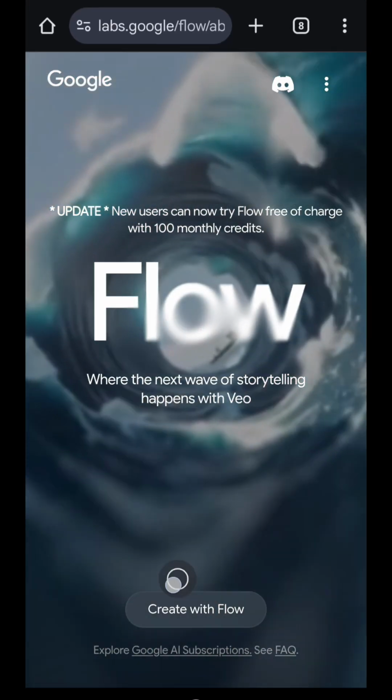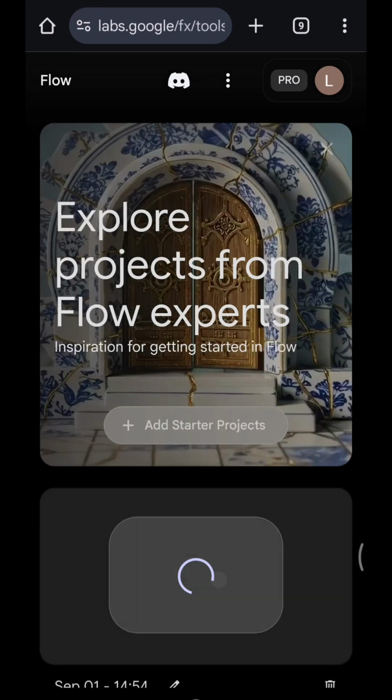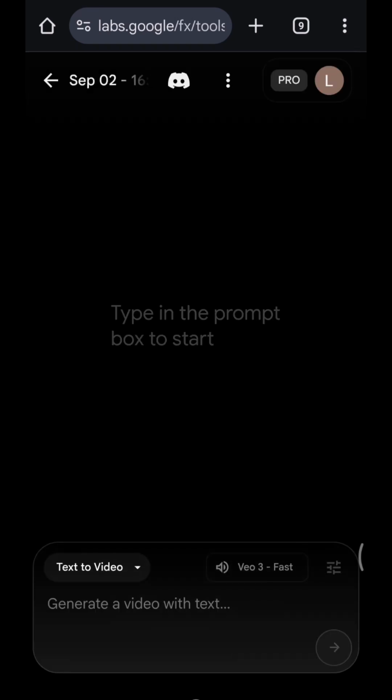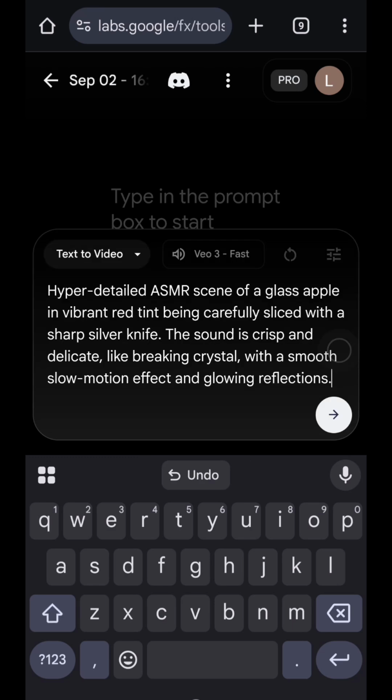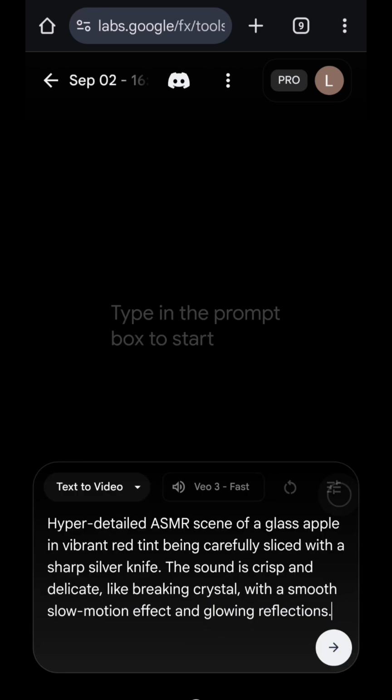and then just tap on Create with Flow and then tap on New Projects and then choose Text to Video and then just paste your prompt in here and then just choose your model